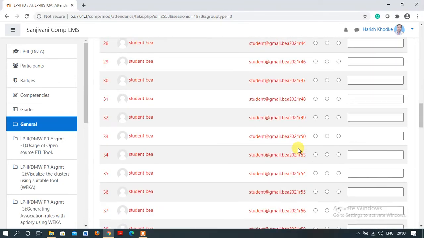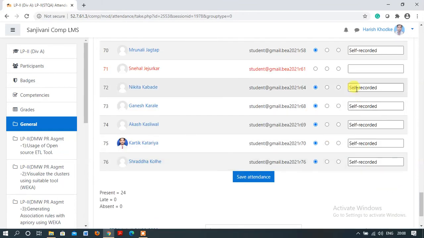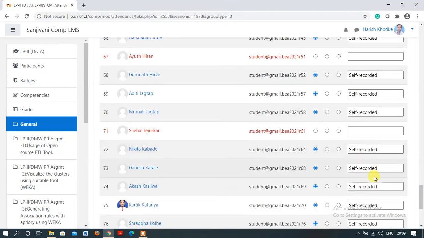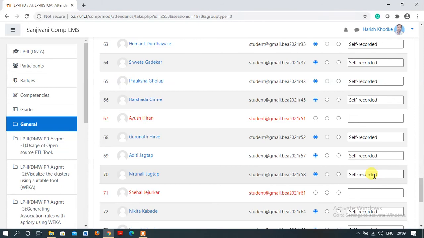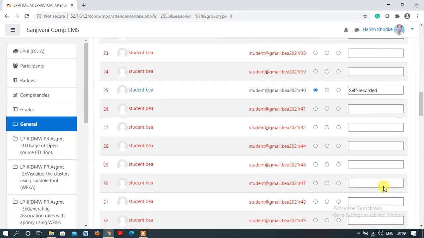In the entire session, suppose my 24 students were present. This way we can mark presentees as well as attendance. This is self-recorded. Self-recorded means that particular individual student gave their attendance, and those who are absent, you can mark absent here also. With the help of this we can mark the absent option.